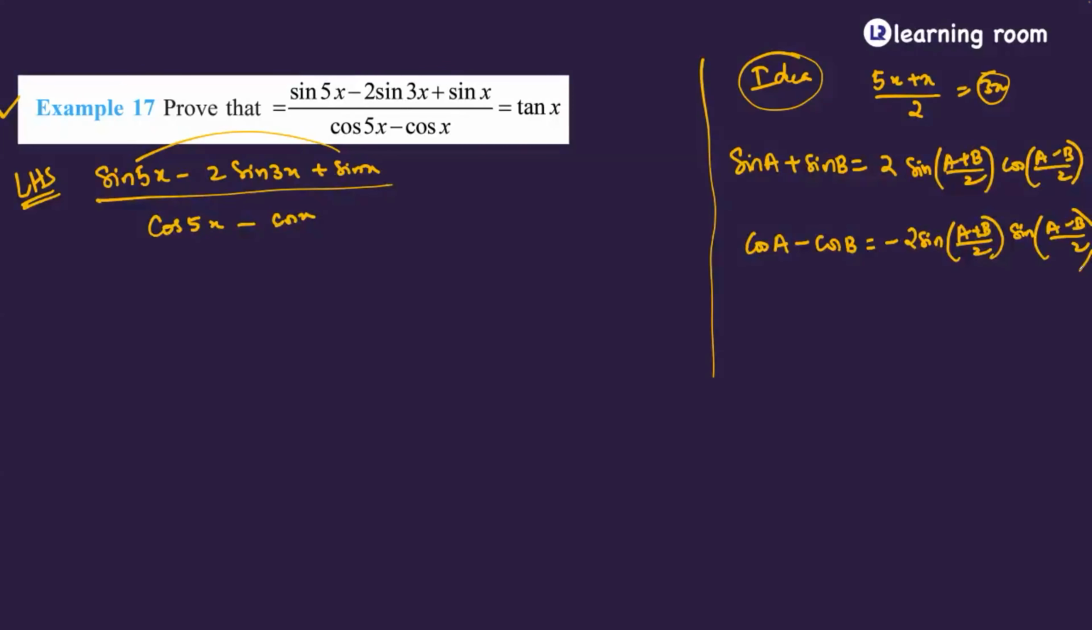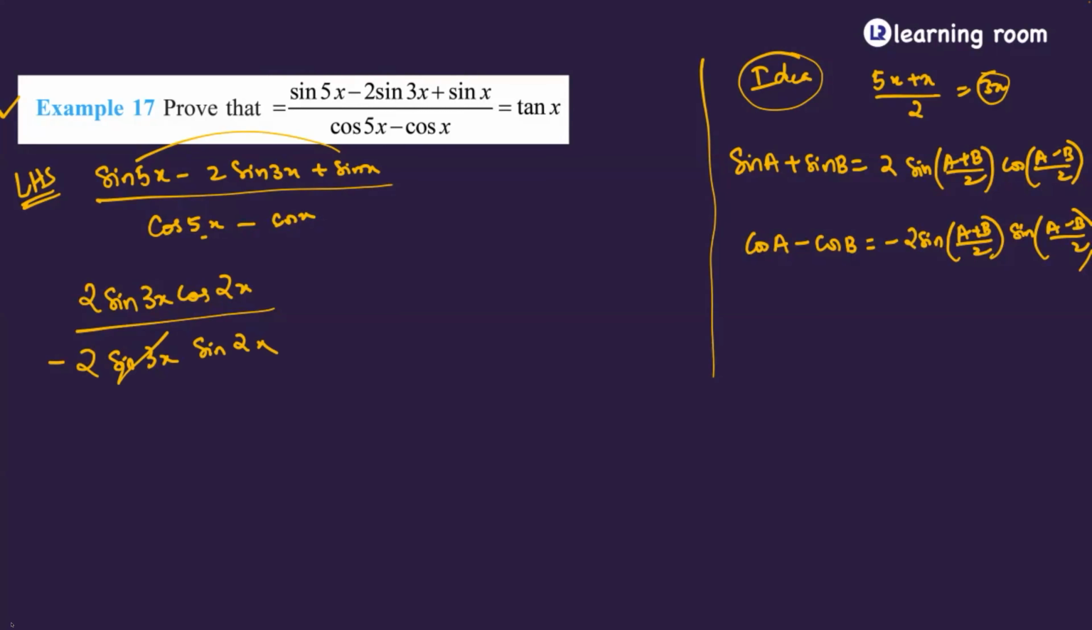Okay. So take those values and substitute it here. Sin 5x plus sin x is 2 sine of (5x plus x) by 2, which is 3x, cos of (a minus b) by 2, (5x minus x) by 2 is 4x by 2, which is 2x, the whole divided by 2 times. So first of all, you have a minus 2 times sine of, observe, (a plus b) by 2, which is 3x, sine of (a minus b) by 2, which is going to be 2x. So sine 3x,